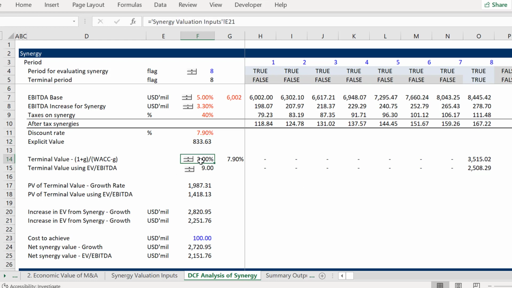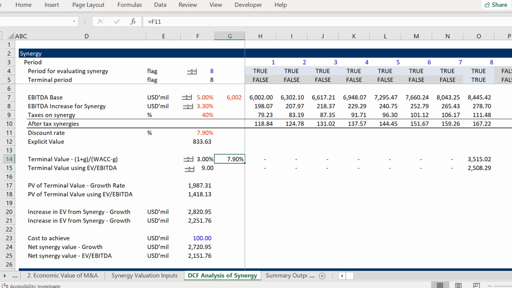So in the Gordon's method, we just apply this formula and we say, for 8 years, we're going to have a growth rate in our synergies of 3%. And at the end of the 8th year, we're going to start with really the next year. That's why we put times 1 plus g. So we start with this, we multiply it to get it to the next year, and once we get to the next year, we're going to divide it by the cost of capital